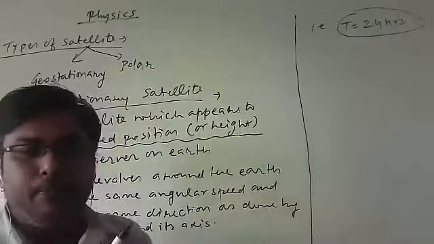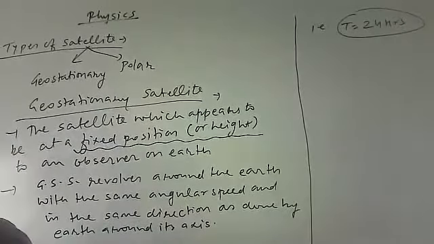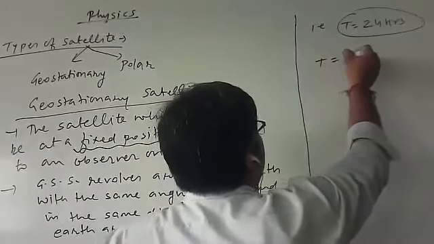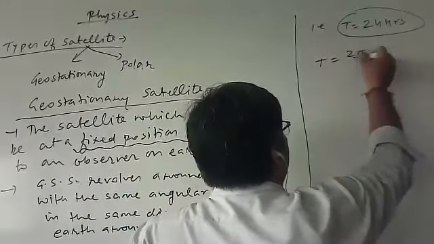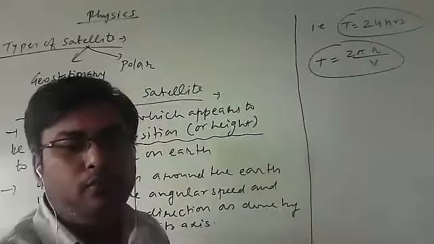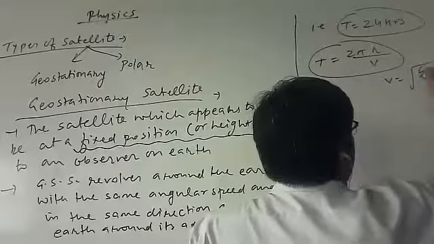We have already developed the expression of altitude, so memorize it. What was the altitude expression? h is equal to what? What is the expression of time period we have defined? Whenever you forget, don't worry, you have the basic formula. T is equal to 2 pi r upon v, and v is equal to root GM by r.